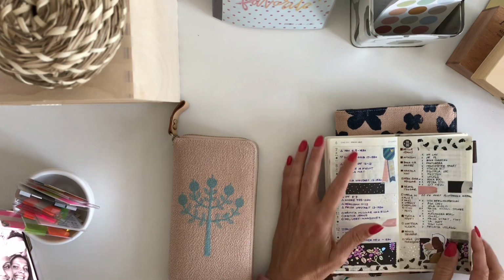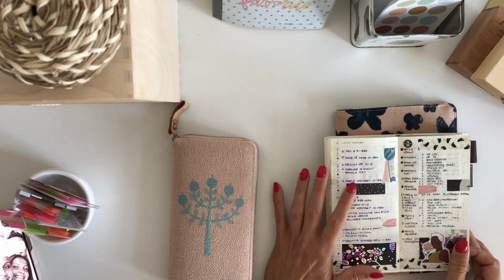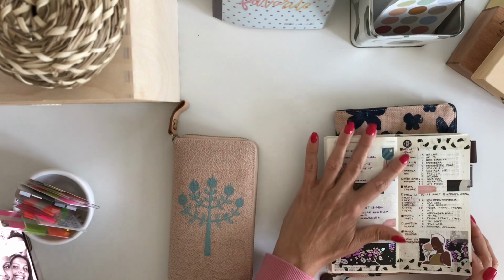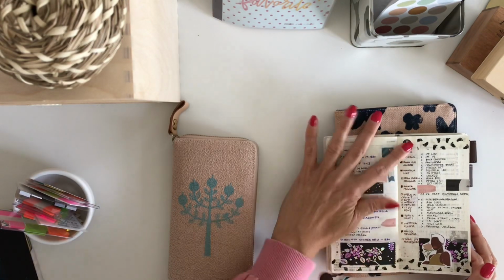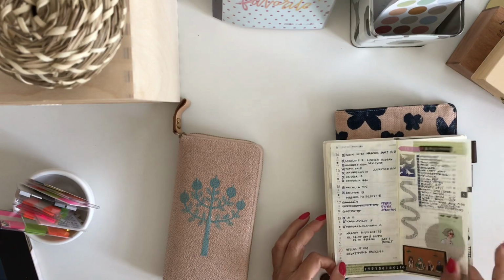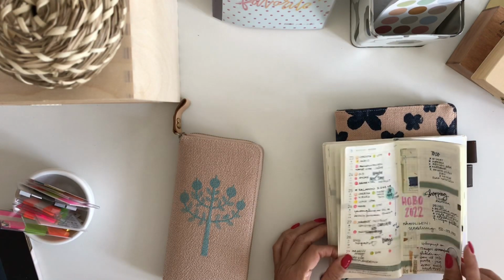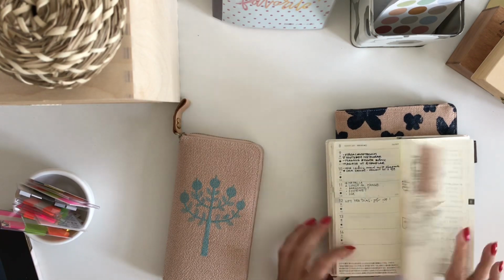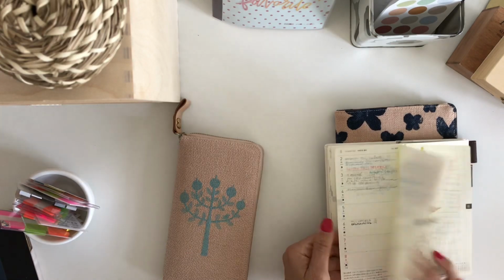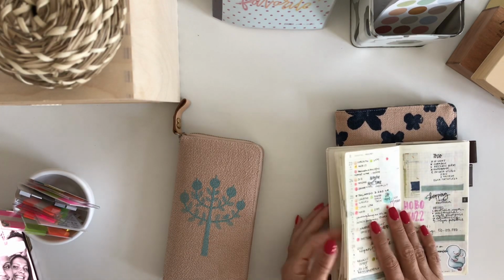And here I've been writing what I've been doing in different important meetings, and then I've had my to-do lists or my social media things or my planner stuff or other stuff to do. Well, it's been quite different ways of using this one. And then here is the summer. I will do a flip through of all the pages. Here, everything has been